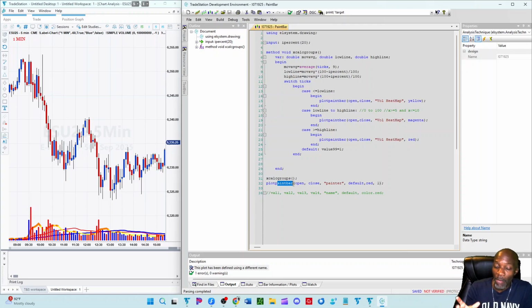With plot paint bar, you only have one plot. And so just like with an indicator, even though you have 100 plots, one plot cannot have two different names. So you can't have plot 1 plotting your moving average and the name of it be called moving average. And then you have another one lower that says plot 1